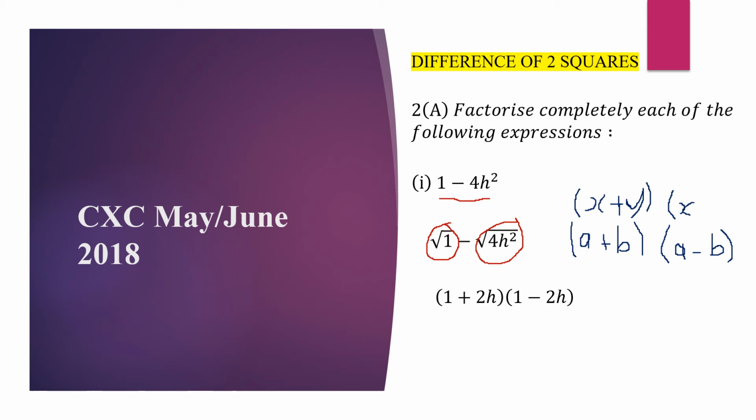So the square root of 1 is 1, and the square root of 4h squared is 2h. So that one factor would read 1 plus 2h, and the other factor would read 1 minus 2h, following the format of